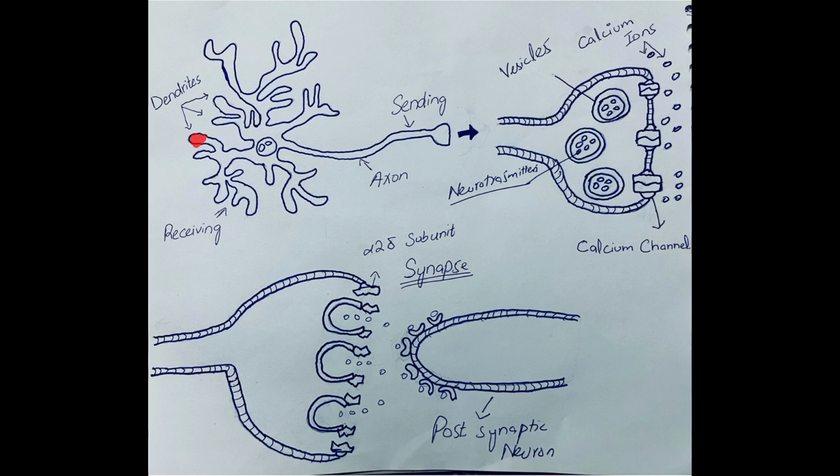When we are hit by something, an action potential is generated and this travels through this part of the neuron to the other neuron. So how does the signal travel to the other neuron? When the action potential is generated, these calcium gated channels open and there is an influx of calcium ions into the neuron, and then these vesicles containing the neurotransmitters release the neurotransmitter